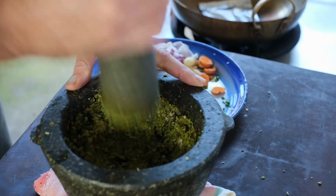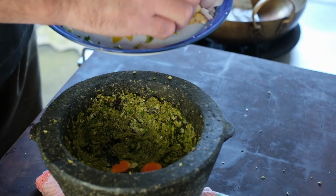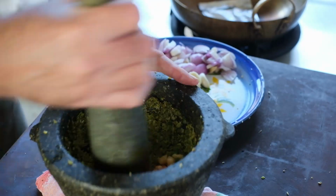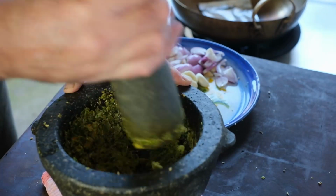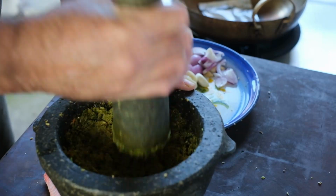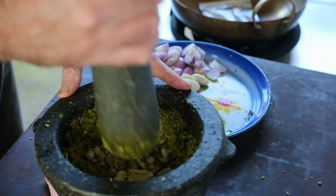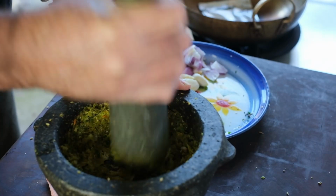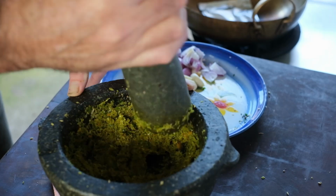Now, if you were going to use the combination of those, I would toast your dry spices, grind them in the spice grinder, and then I would chuck in the lemongrass and grind that as well, and then chuck all of the rest of the wet ingredients in a mini food processor and grind it up as fine as you possibly can. Once that's done, then you just mix the lemongrass and spice with the wet mix,